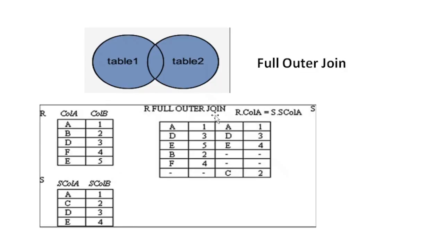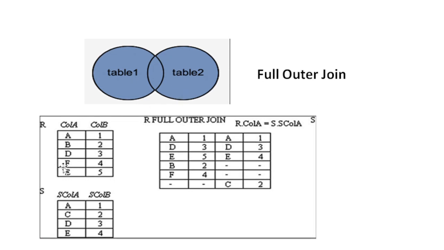Let's move to full outer join now. It's a little bit tricky to understand full outer join. As per the definition, all the data will appear in the outcome table, all the data from the right table and all the data from the left table. The data which has matching rows will definitely appear, like a, d,